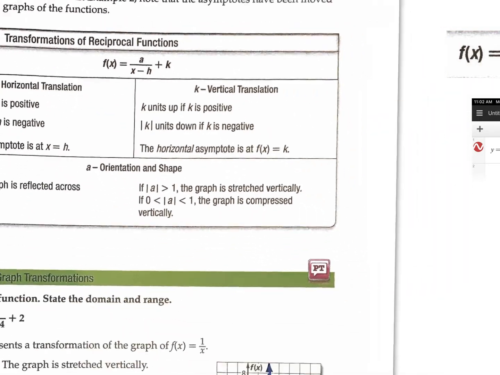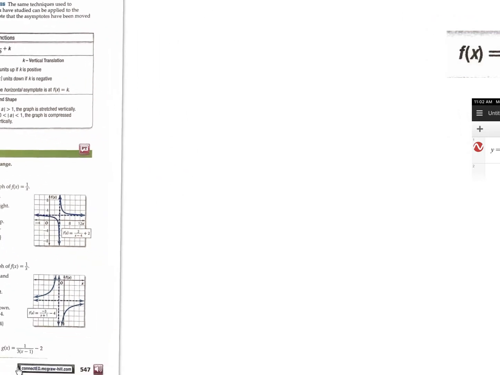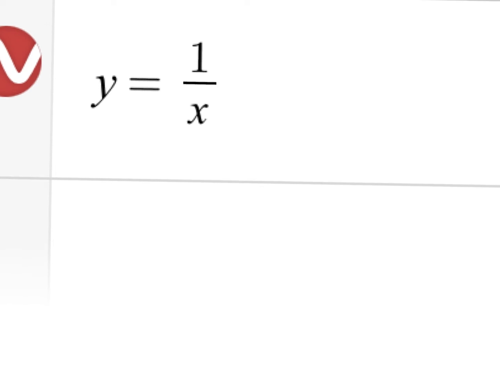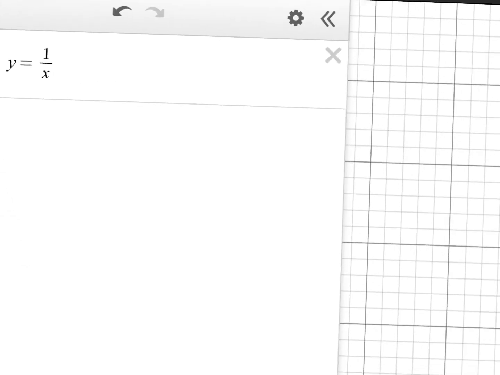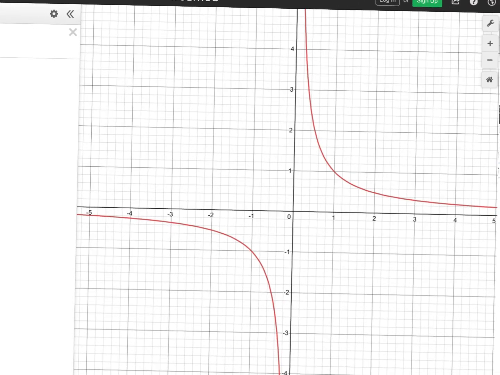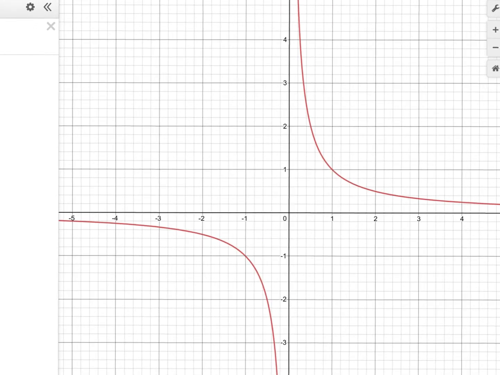So what I would like to do right now is to go to Desmos. So I'm going to put this to the side. Go to Desmos, and let's type our parent graph, y equals 1 over x. Okay, type that in, and you should see this right here, y equals 1 over x. You may need to zoom in a bit, so it's going by single units instead of 2. Because if you go to Desmos, it'll go 2, 4, 6, but zoom in a little, and you'll see the